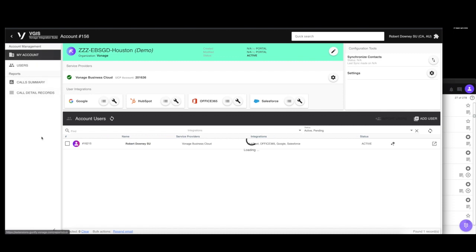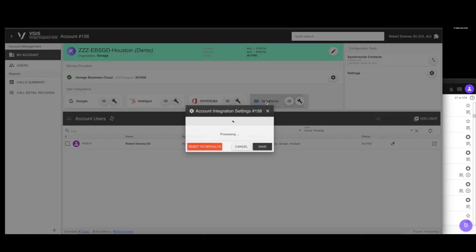The My Account section is the section that allows administrators to customize the view of what their agents will see when the screen pops. There are 3 sections that you can modify. The first is by clicking on the name Salesforce.